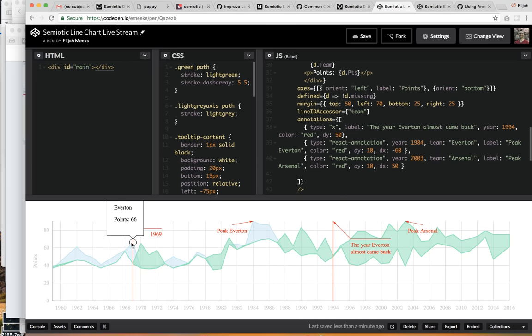I don't think peak Everton ever did better than Arsenal more than they did. But that's an interesting little chart. And let's keep in mind, it's an interesting little chart that showed up almost as an afterthought at the very end of this